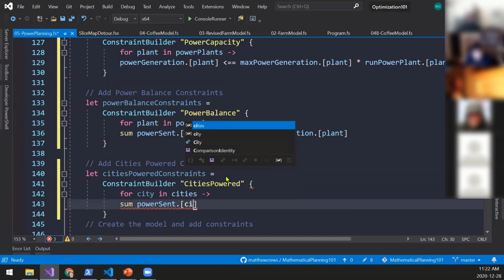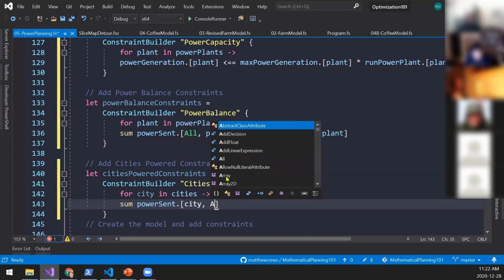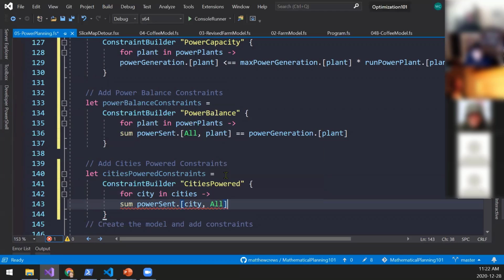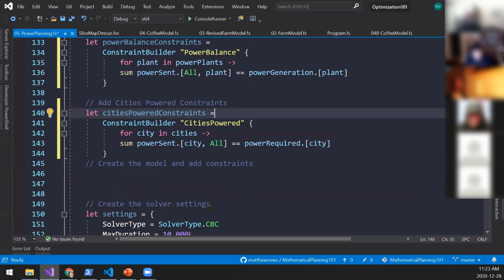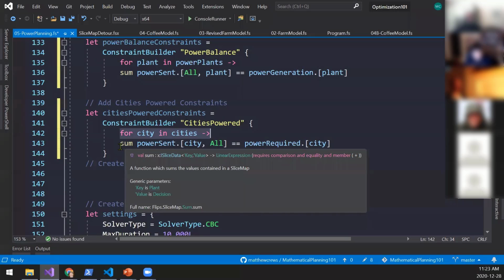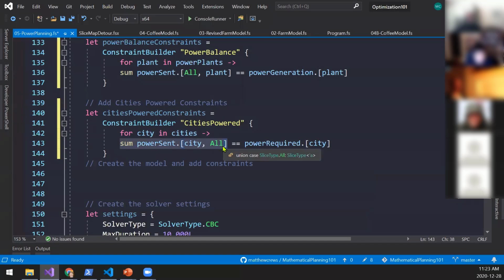I want all the power sent to that particular city from all the power plants equal to the power required for that city. So I'm going to create a constraint for every single city in my problem. And that constraint is, hey, that city, the sum of the power I send to it from any given power plant has to equal the amount of power that the city needs.